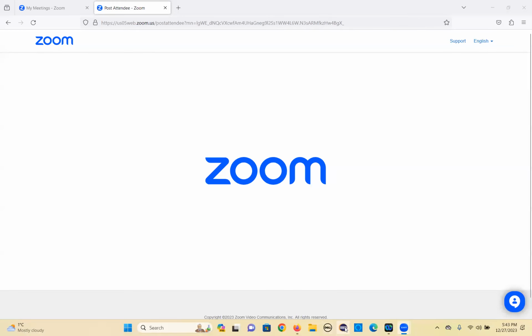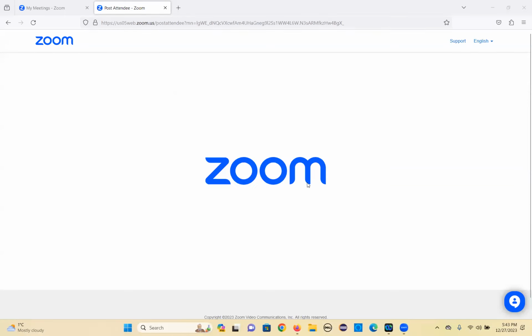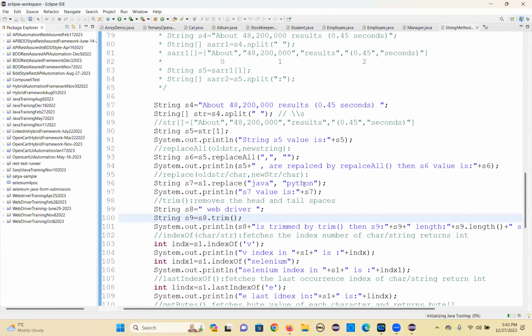Okay, so let's get started on string handling. We are already in string handling. We completed a few methods already. String handling programs: a lot of methods, length method. I don't know whether you get the time or not. So length method, charAt method, toCharArray method, toLowerCase, toUpperCase, and concat method,